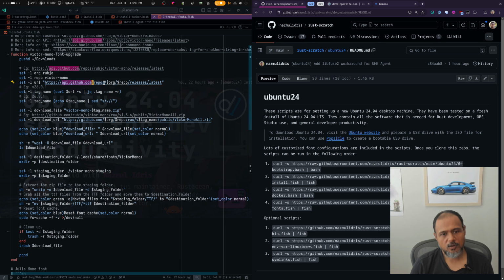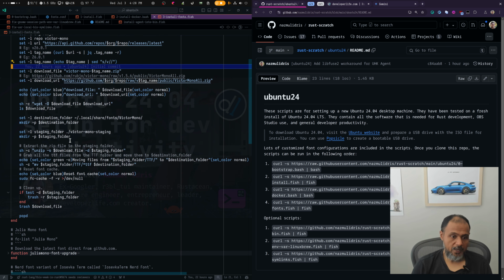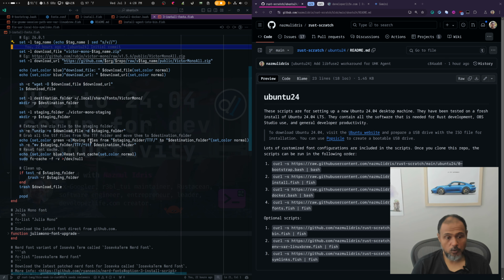You connect to api.github.com, you give it the organization and the repo, and ask for the latest release, and it'll give you a JSON blob, and then you just parse the JSON blob and get the tag name out of it. Then using that tag name, I kind of reverse engineer the release URL and the release file name, and then download it. And in order to quote unquote install it, I move it into